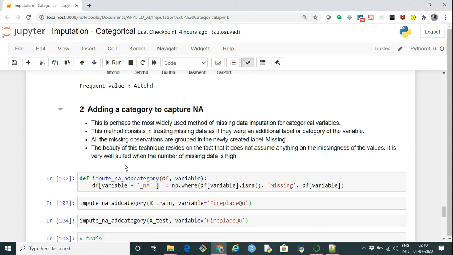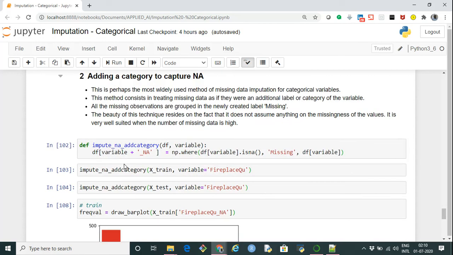We are simply creating another label as missing, and letting it appear in the model, because a high percentage is missing and we cannot impute any other value, since whatever value we give would lead to overfitting. So it's better to let it represent what it is, that is, missing.